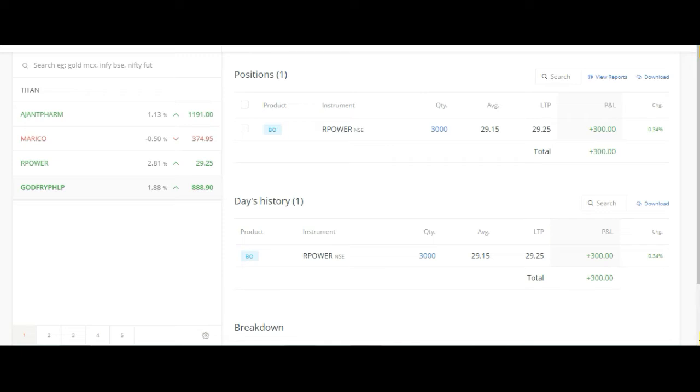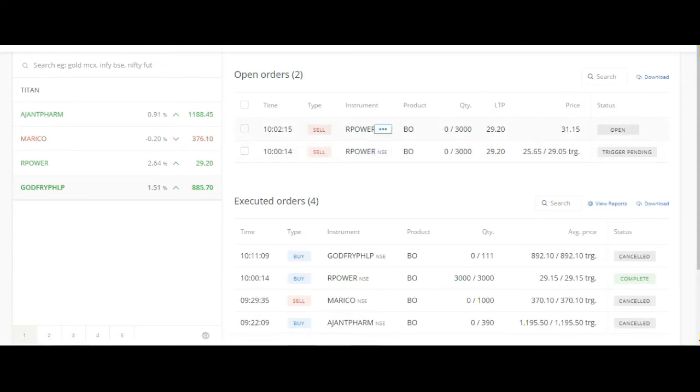For each trade you are taking 2000 rupees risk. So what will happen, in 3 trades you are going to lose 6000 rupees, right? The remaining 2 trades will be successful trades, and if they give a 1:3 risk reward, for each trade you are going to get 6000 rupees. So in 2 trades you will get 12,000 rupees, right? So 6000 losses is reduced and 6000 you will be in profit. That is the methodology you should adopt in your trading, or else you are not going to sustain in the market. So overall in a week you are going to gain a profit of 6000 rupees, even though you made losses.